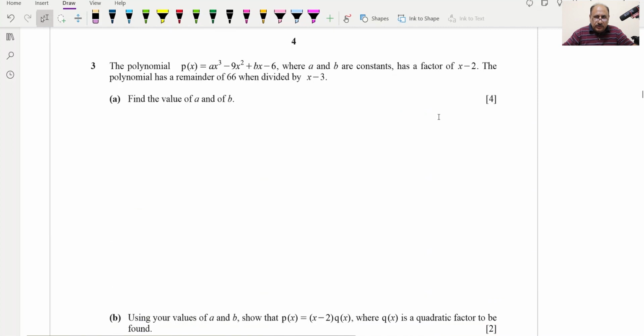Now question number three. Question number three says the polynomial p of x is equal to this one, where a and b are constants, has a factor of x minus 2. The polynomial has a remainder of 66 when divided by x minus 3. Find the values of a and b. So a and b values are required. So what we will do,